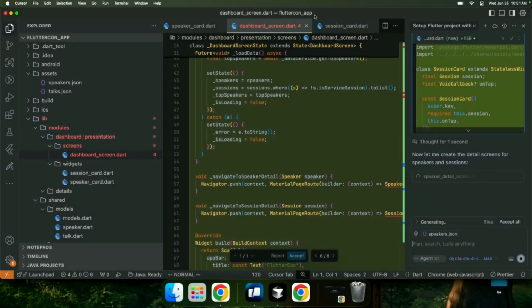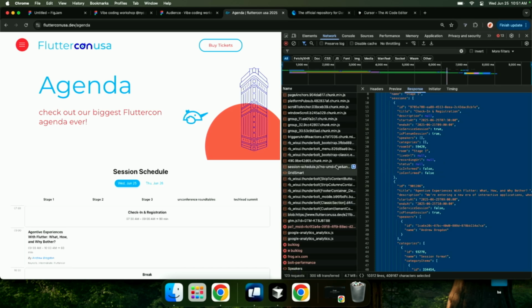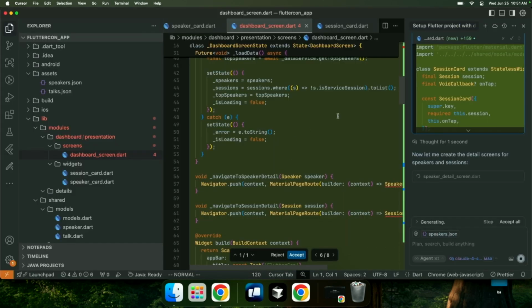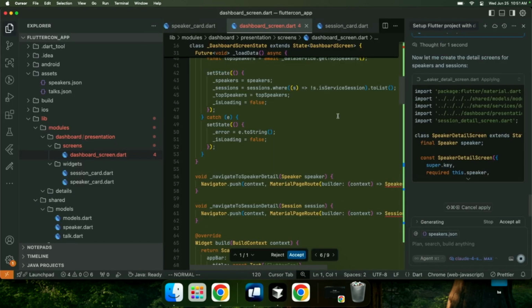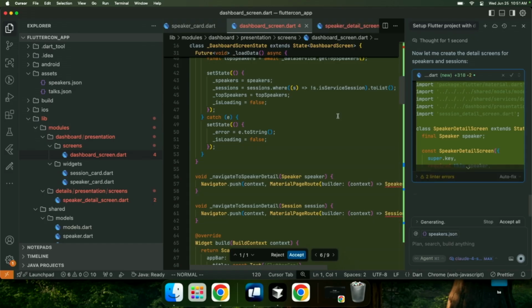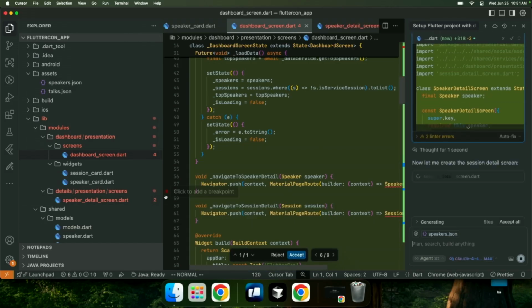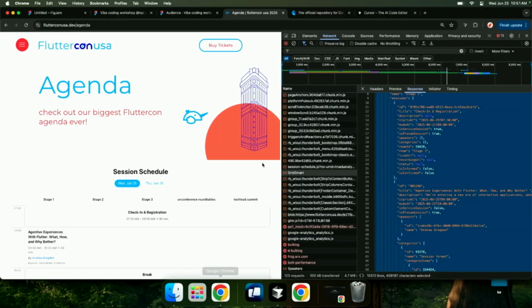Yes, so Cursor is just a VS Code fork, and VS Code has full Flutter support. So right now there's a syntax error, but you can run a Flutter app in Cursor. I think Windsurf should also be a VS Code fork, right? You can just install the Flutter plugin and just hit run, which we're going to do in just a sec. When the generation is done, I'm going to show how I run it.